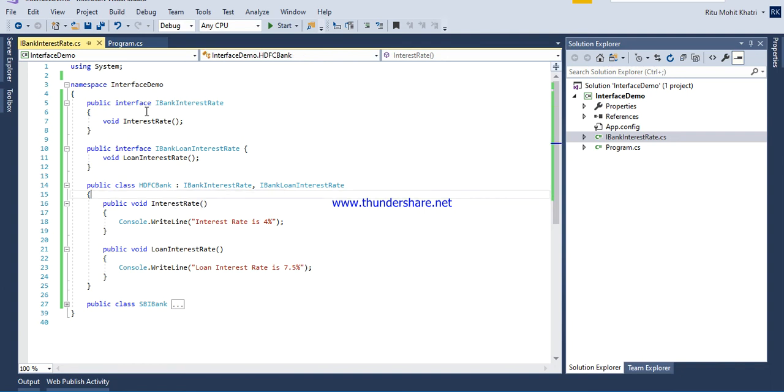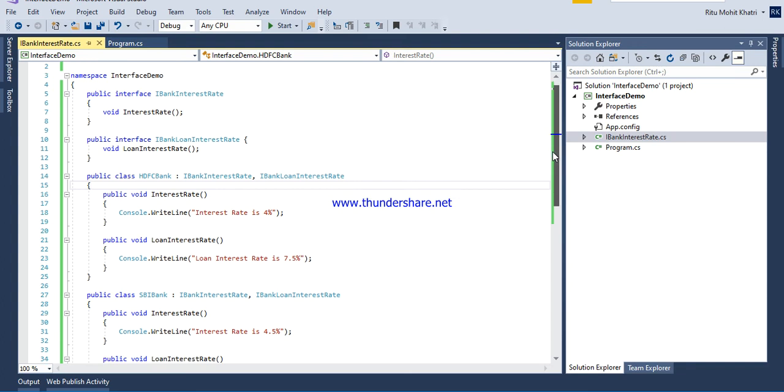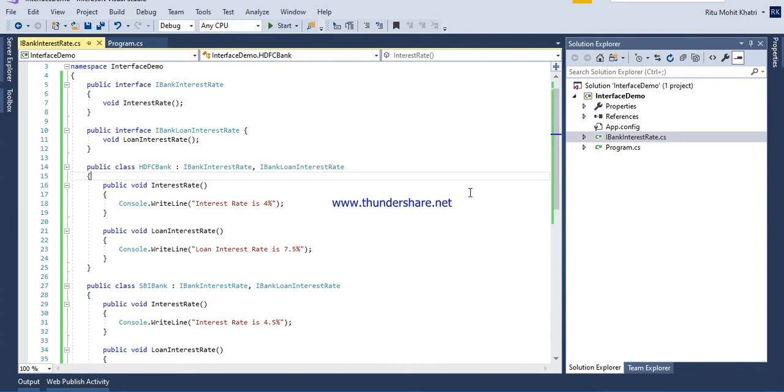So here you can see that we have one class HDFC bank, and we are inheriting these two interfaces. And similarly, if there is another bank, that is SBI bank, that also needs to define in your application its interest rate and its loan interest rate. The same applies.